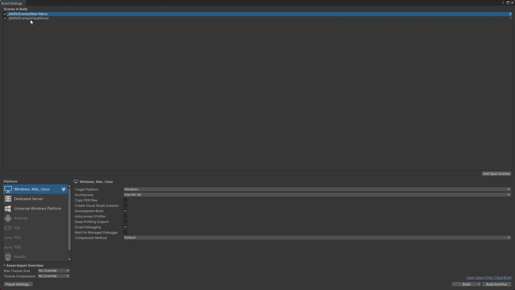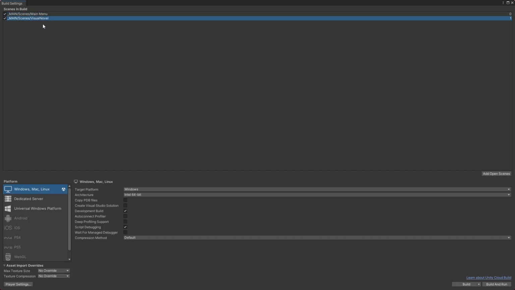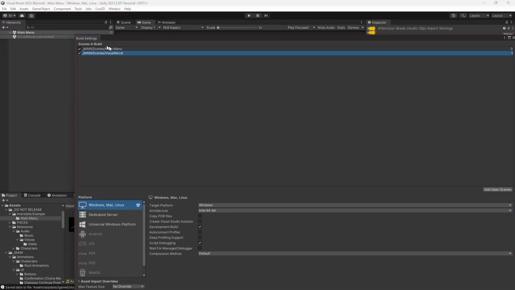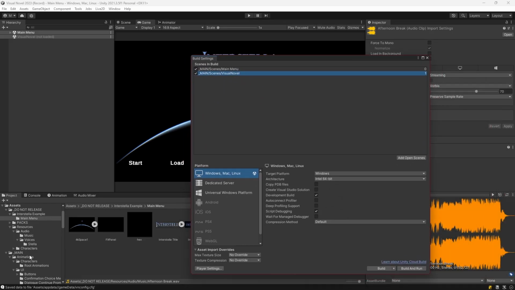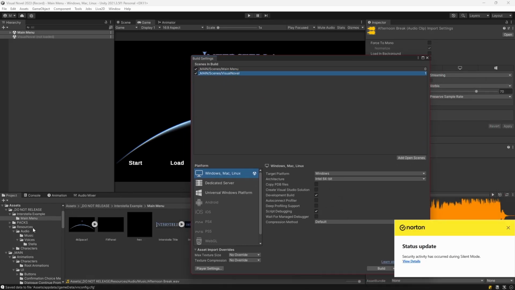And from there, you can load whatever you need. Our main menu is automatically going to load the visual novel, so this is perfect. Now, if you don't have visual novel in here, which I think you should, what we can do is we can manually add it. So if I were to go and find this, let's say I have, where did I